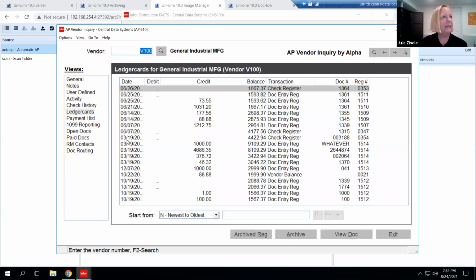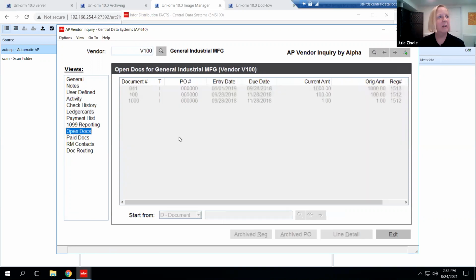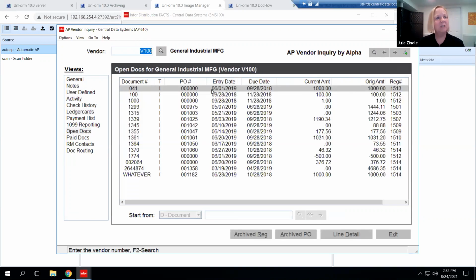I have a link back to my invoices, and I can drill right into the archived PO, the archived register, into the AP invoice itself, if it was one of those that processed through the archive. And I can get very easily to those documents without having to go to the file cabinet.